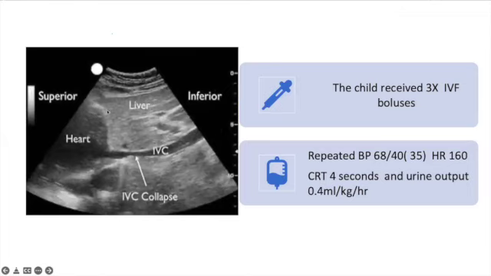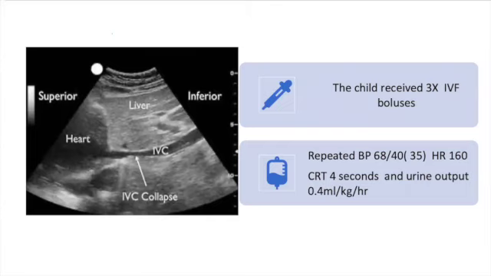Good. So the IVC is collapsed, and usually in dynamic studies, you will see the collapsibility of the IVC. And if it is well distended, again, it will be obvious if you have a dynamic study. Okay, so this patient who presented with severe dehydration, you did an IVC study and it is collapsed. Now,